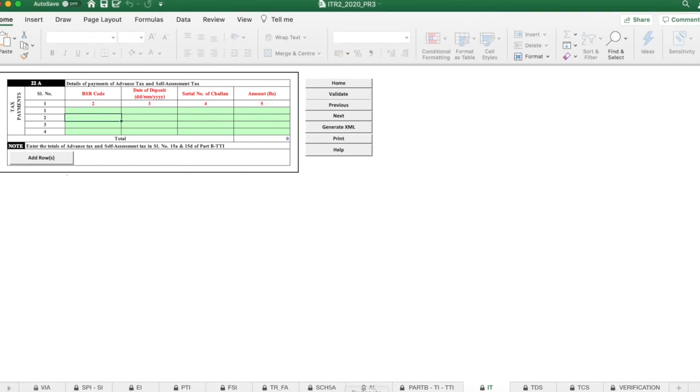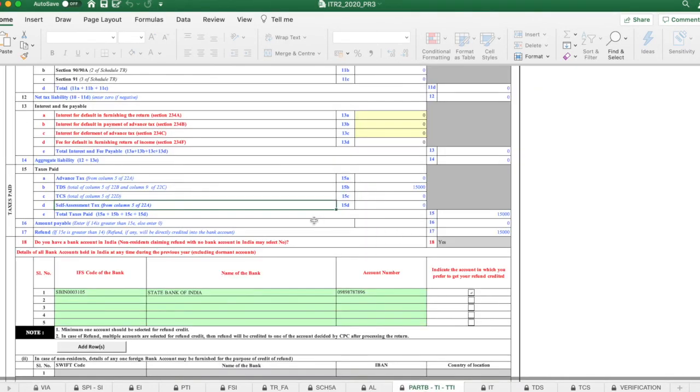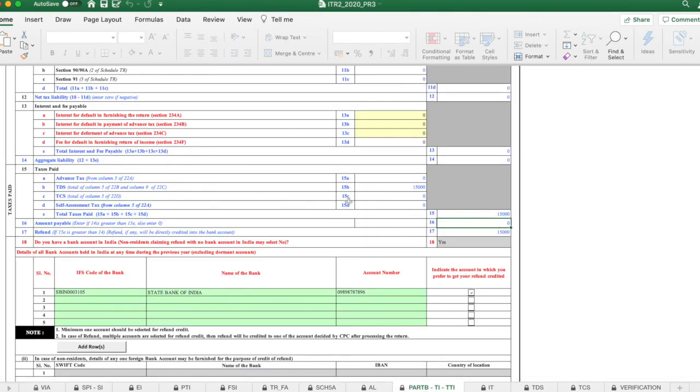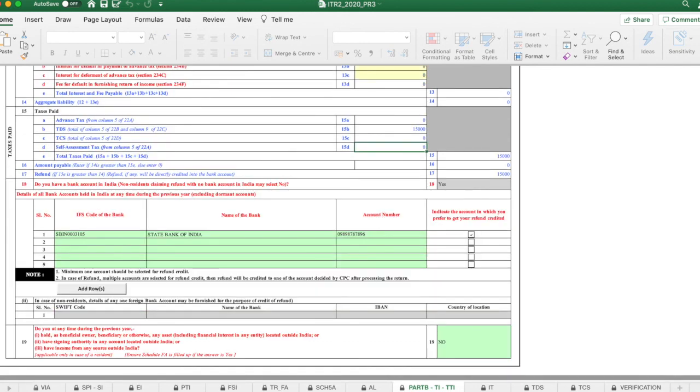Once you fill that, this area will be populated and the amount payable will become 0 and the self-assessment tax value will come here. In this scenario it is a refund, so you don't need to make any payment. You just need to mention all your bank accounts and select one of them for the refund. Then the next is verification.